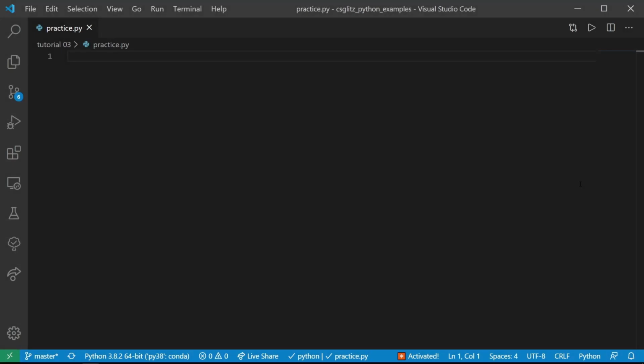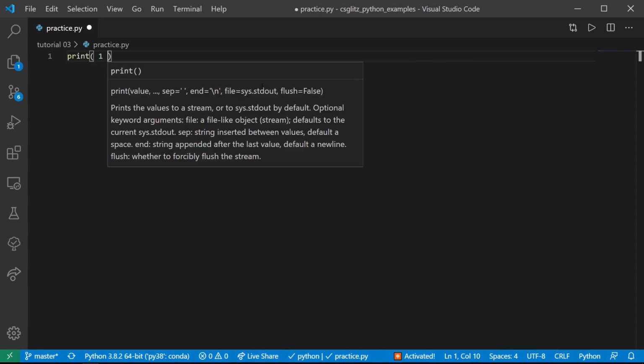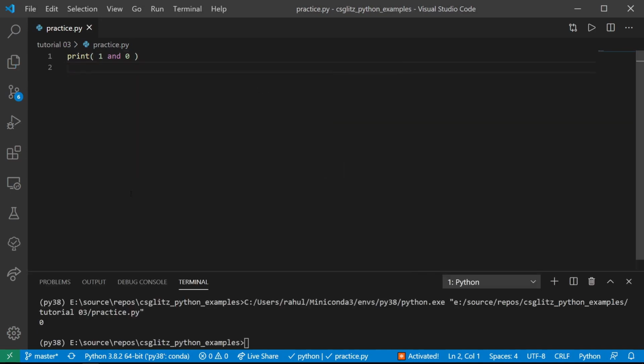So far, we are using AND operator and OR operator with Boolean values, that is true and false. But they can also be used with other values, like these. It returns 0 because bool of 0 is false and it is the last value evaluated by it. So in a way it is returning false. It returns 2 because bool of 2 is true and 2 is the last value evaluated by AND.